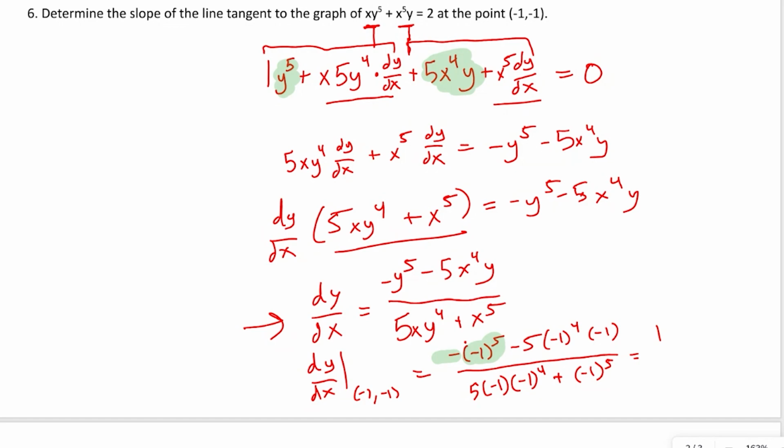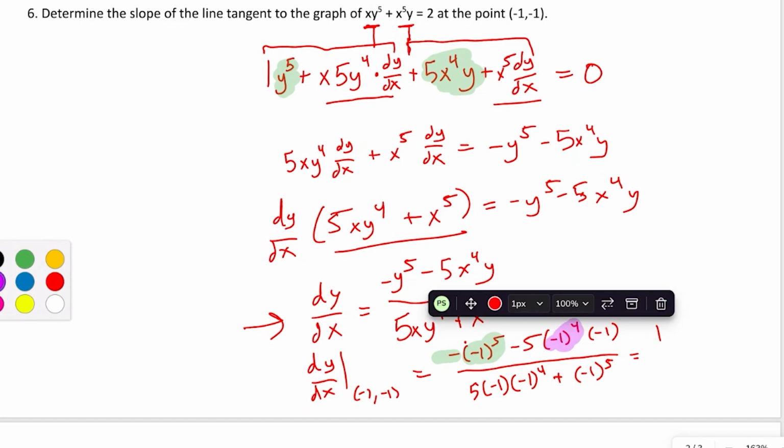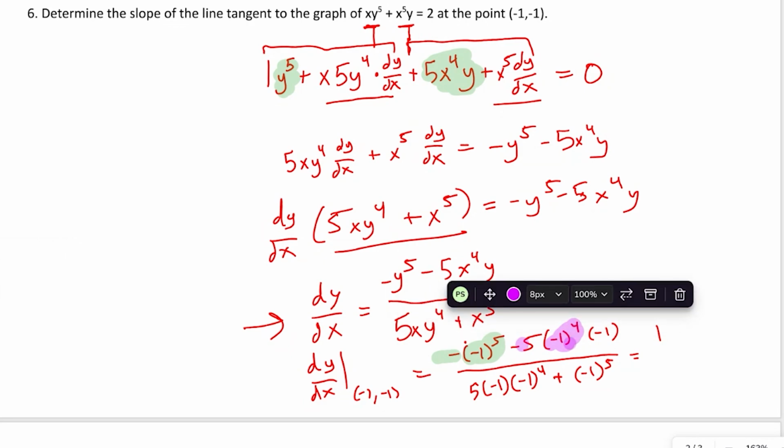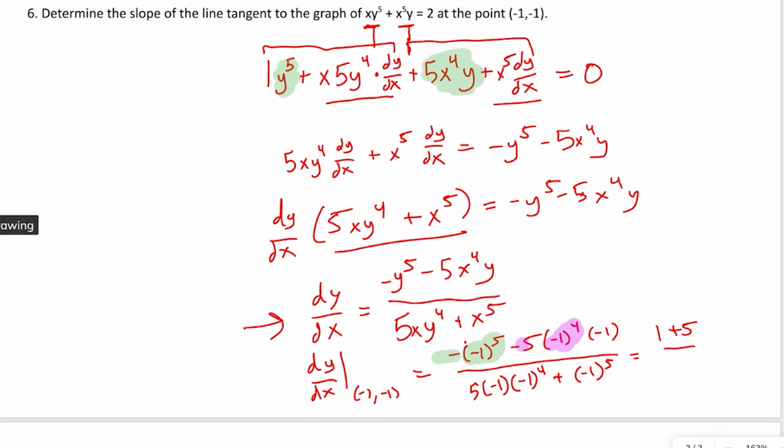And then on that next term, if we take a quick look, the negative 1 to the 4th is going to be positive 1. So we have negative 5 times 1, which is still negative 5, times negative 1 will be positive 5. So this will be 1 plus 5